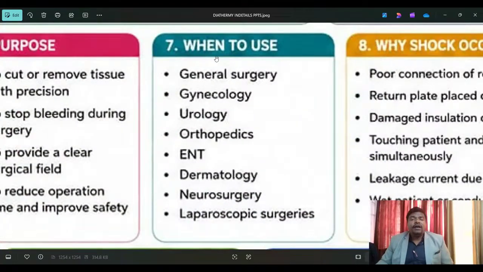Now see here, when to use. Because mostly, this diathermy, when to use, you should know it. As biomedical engineers, please focus clearly on what I'm talking about. This is very valuable time, and live sessions of this type are not available in the local market. This type of YouTube channel is also not available, so please try to focus and engage in